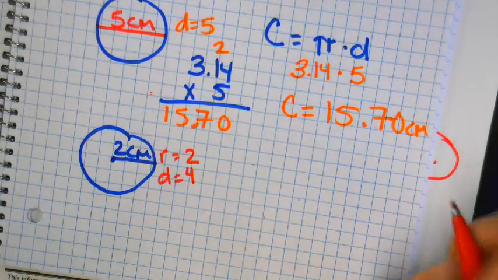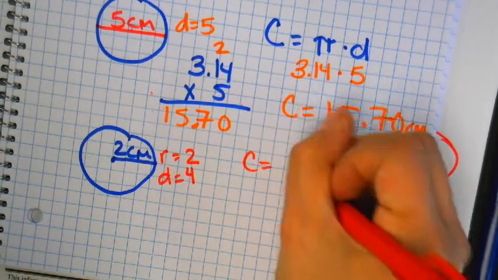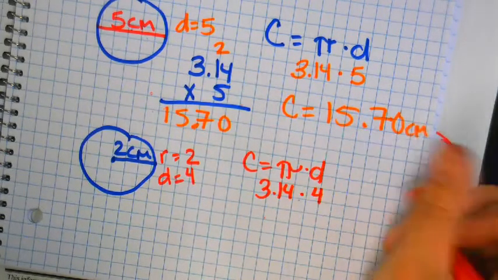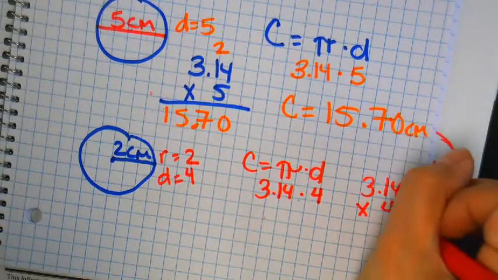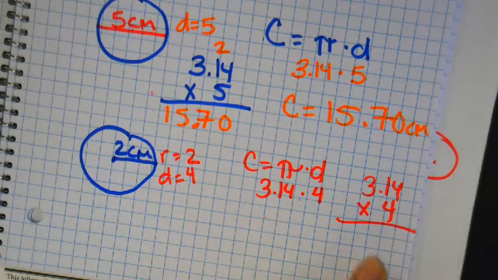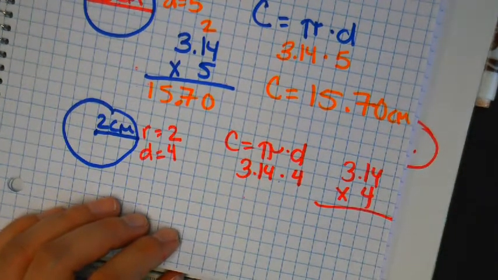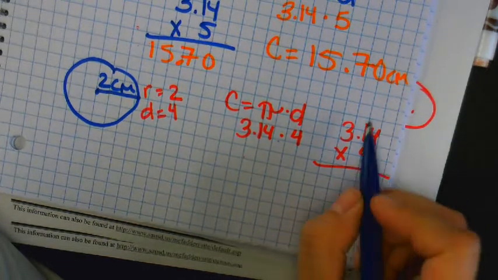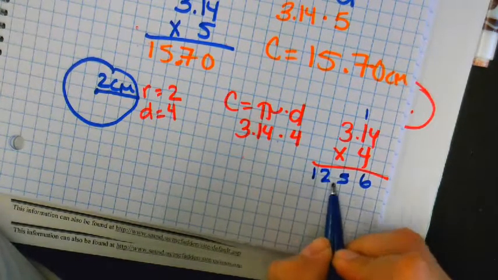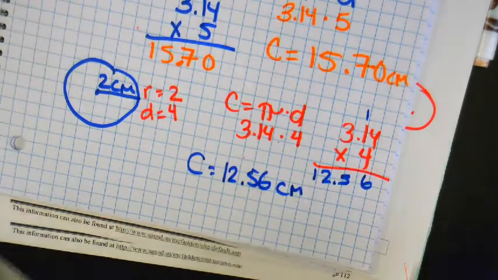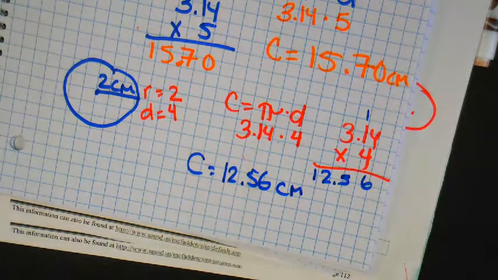What number do I use? 12.56 centimeters. Any questions? So what do we have to do? We just have to